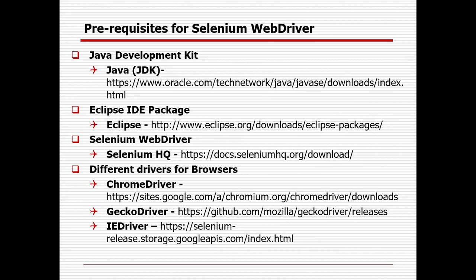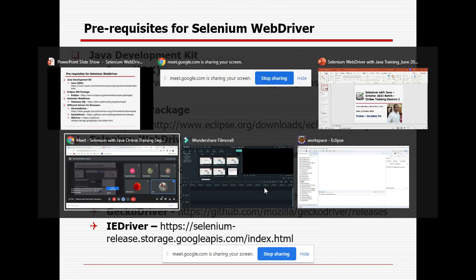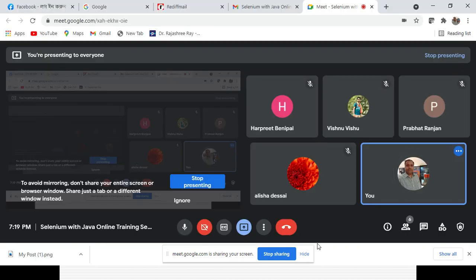So, the prerequisites for Selenium WebDriver. Before going to the prerequisites, does anyone have any questions? I can still answer from the previous topics that have been covered. I think I already covered a few in the demonstration, and I have tried to cover the high-level part. You can go through the PPT and also refer to the recordings in case you are still not comfortable. In case I am too fast, I will definitely try to slow down. Is it fine? I can proceed to the next one. Yes, okay, fine.